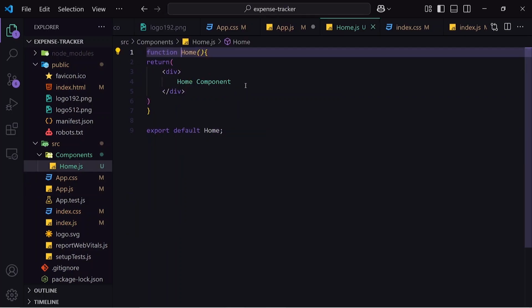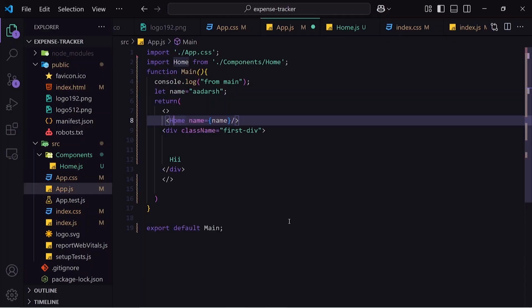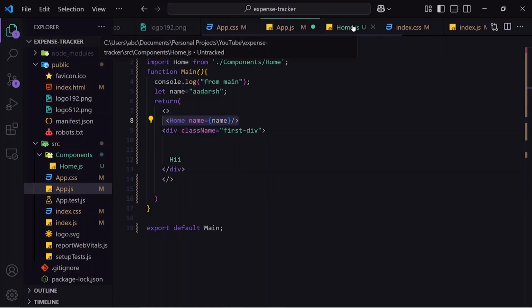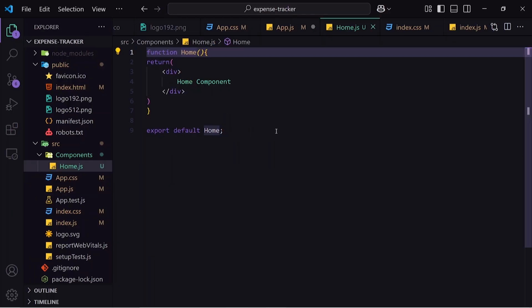Now I'm inside the component. To get the data from parent component to child component: app.js is the parent component, because app.js is using this home for a small kind of work. It has all other content also, and Home is just a part of that. So app is known as the parent component, and home is a child component. So we are passing data from parent to child. Whenever you hear this term, how to pass data from parent to child, always remember one thing: through